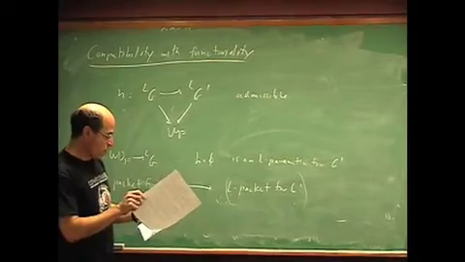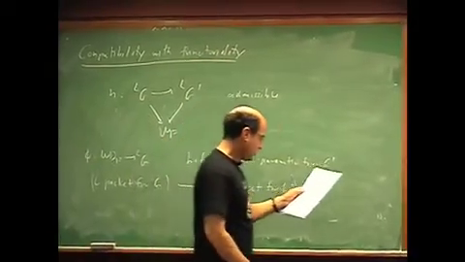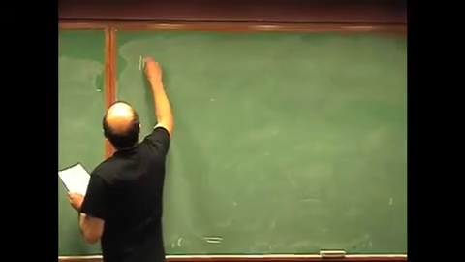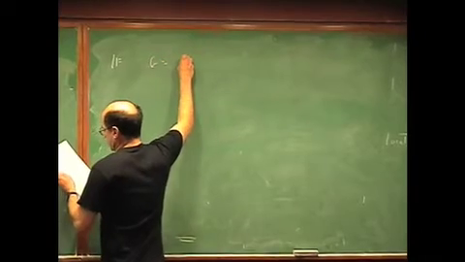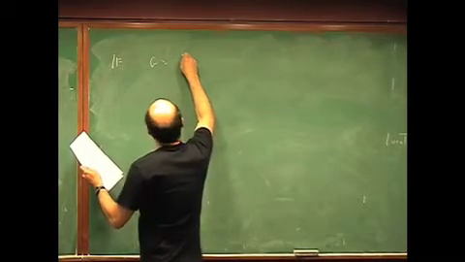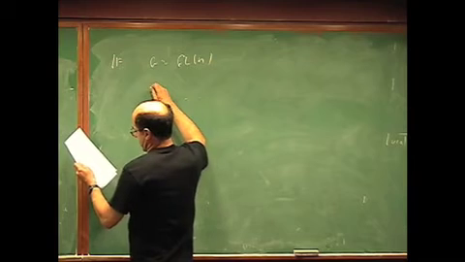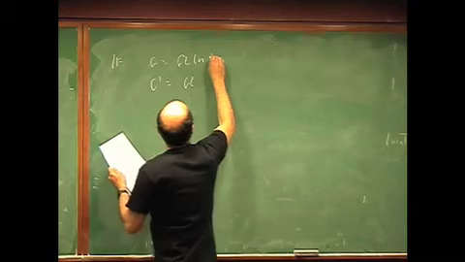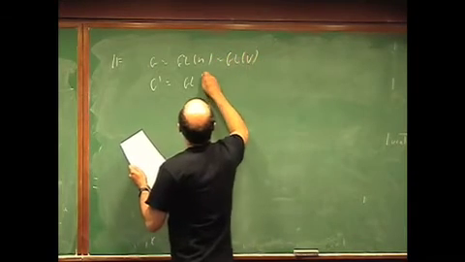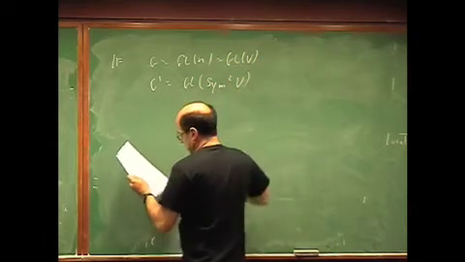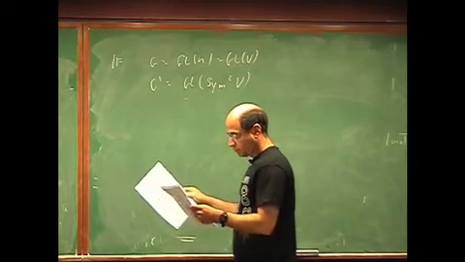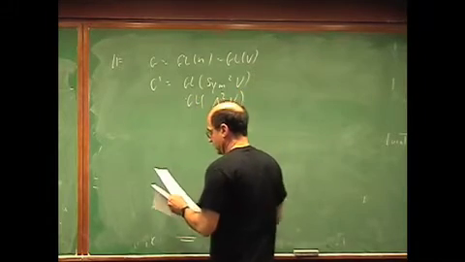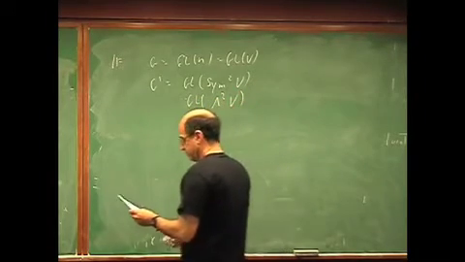Now, there are some cases where both of them are GLN. So we're supposed to get, so let's say G equals GLN and G prime equals, so this is GLV, say, this is GL of symmetric square of V, or GL exterior square of V, then there is